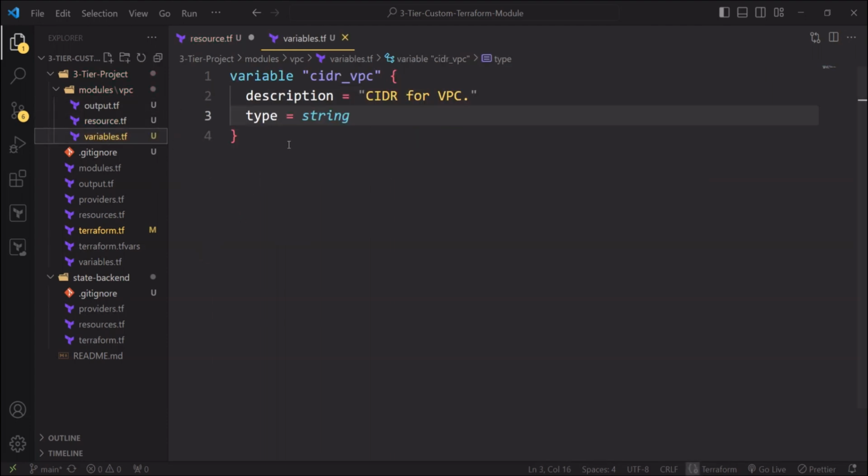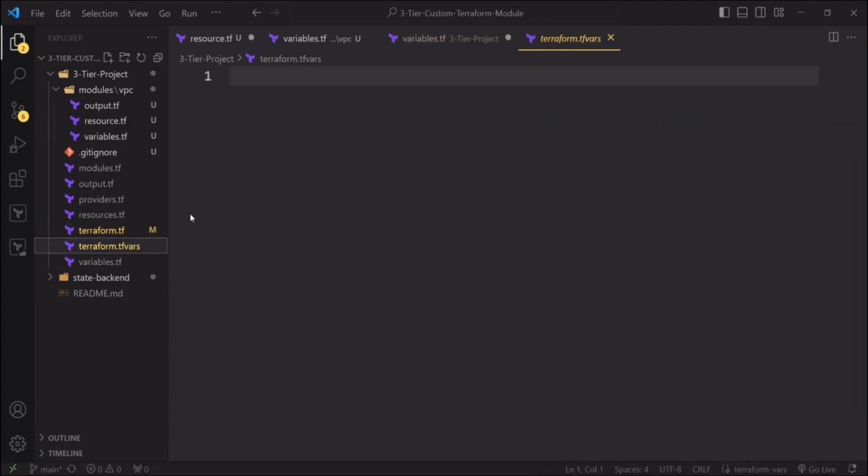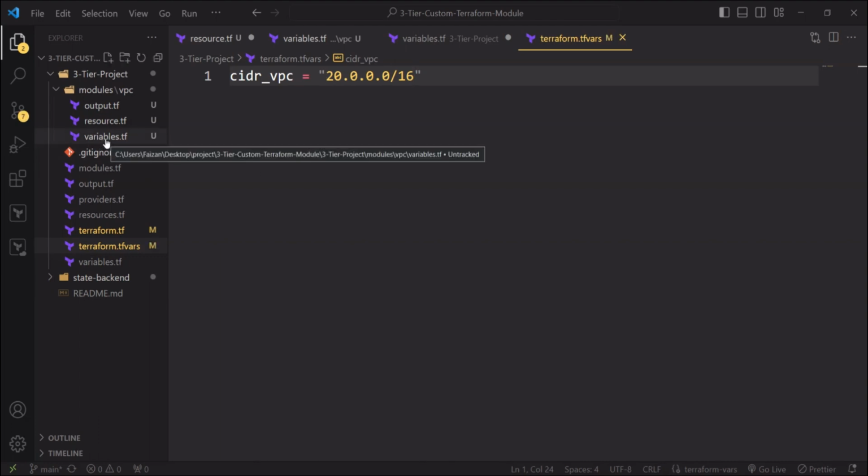And this value will be coming from terraform.tfvars. For this we also have to create a variable here also. Inside terraform.tfvars we'll pass the value cidr_vpc, and in this we have to pass the CIDR block value. We'll use 20.0.0.0/16. Okay,